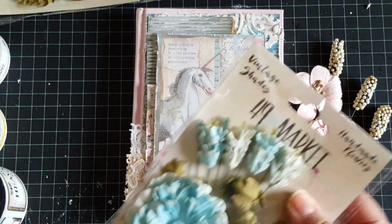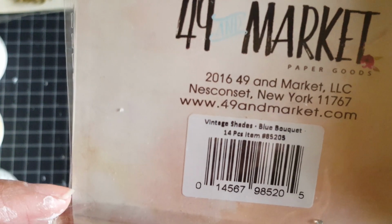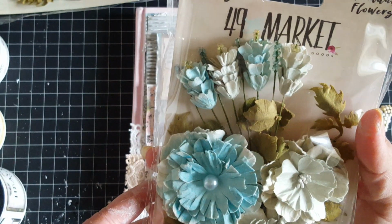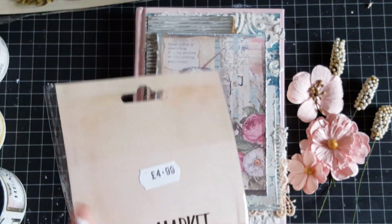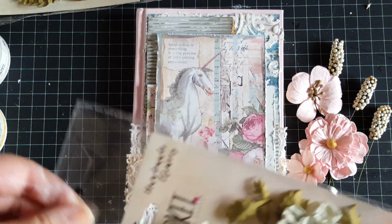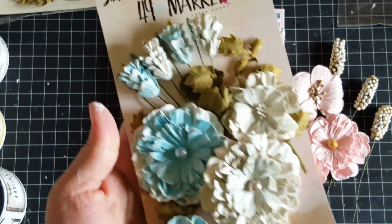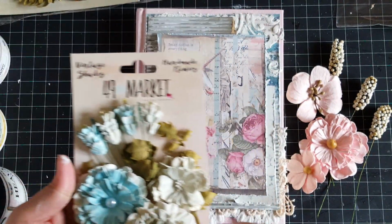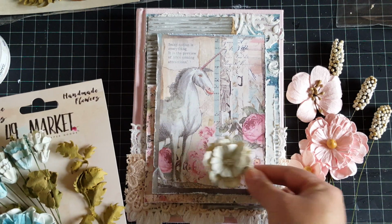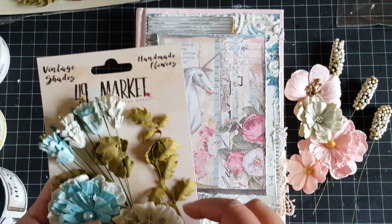And then from the blue pack, I should have given you the name, shouldn't I? So this one is Vintage Shades Blue Bouquet. These are handmade flowers, and I'll give you the name of the other one in a sec. Let me just grab these out first. Ooh, look at them, they're just so yummy. Okay, so I do like these. Actually, I like these as well, and it's so soft. It's like a grey, bluey green kind of a colour. I'll get a couple of those out,